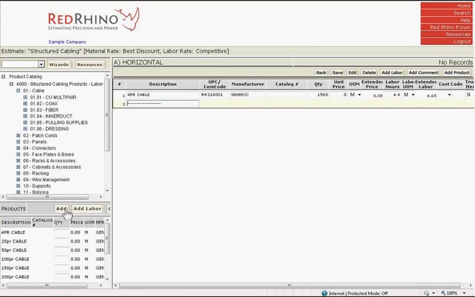When I click the Add button, Rhino will add the materials on the top right of the page. Once you click the Add button, the materials appear on the right. You click the Save button. Now notice at the top right, below the buttons, is a header that includes description, UPC, manufacturer, catalog number, quantity